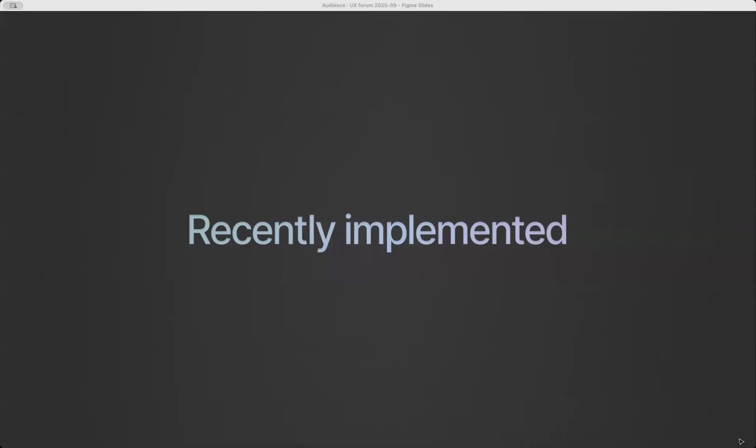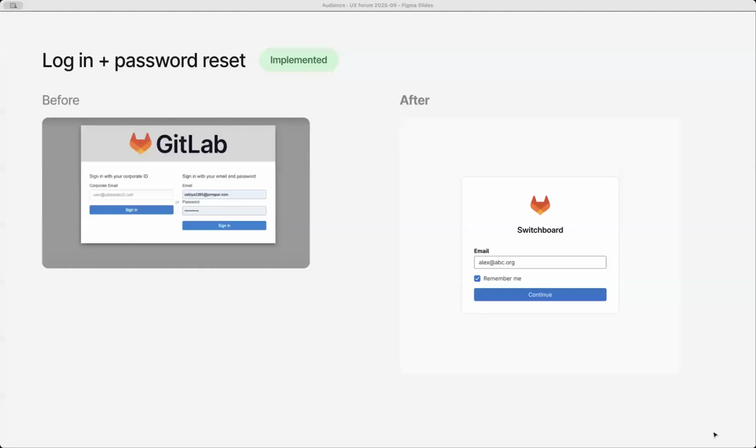But in the meantime, we are making a lot of changes to Switchboard, and I'll show some of them here. So these are changes that have been implemented and delivered. So going very basic here, the whole login flow for Switchboard is separate from the GitLab login